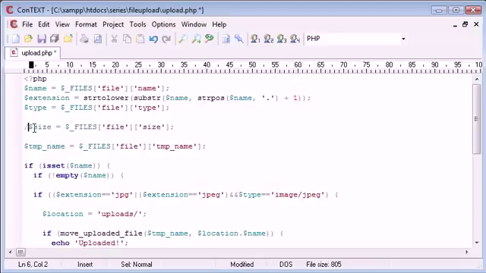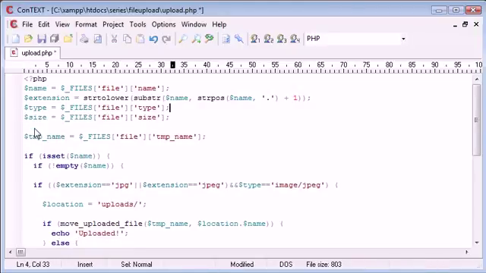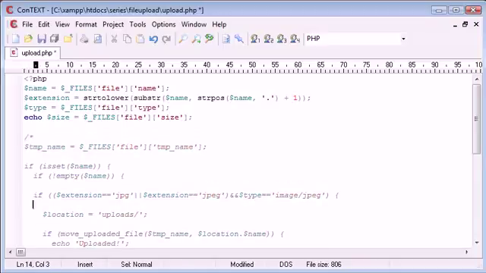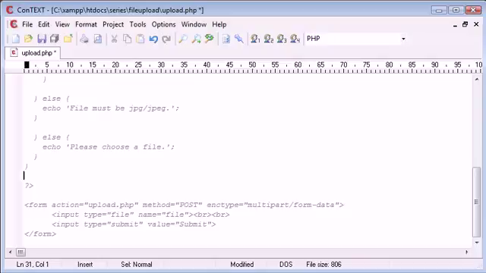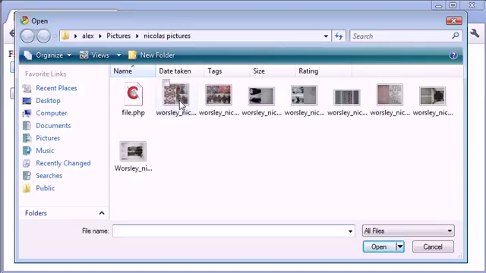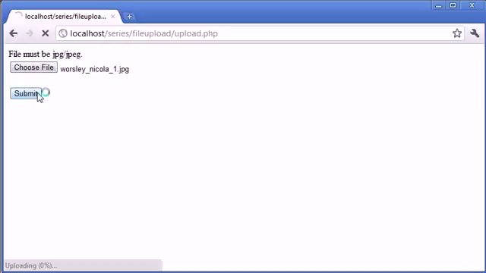Now, file size is actually processed in bytes, so we can uncomment this now because we want to use this. Let's just echo that out, and then we'll comment out the rest of this code so we can preview the result. So let's go and choose a file. We'll choose this image file again and click submit. Now you'll see that this file has been returned at